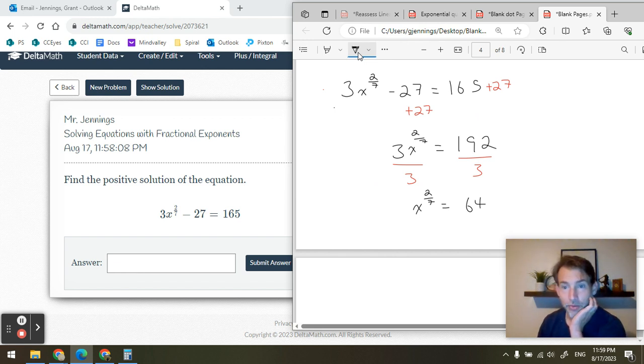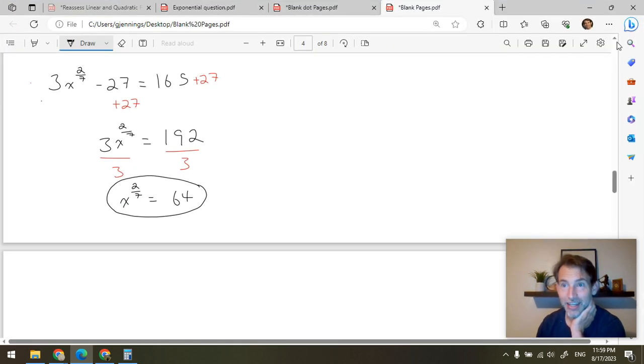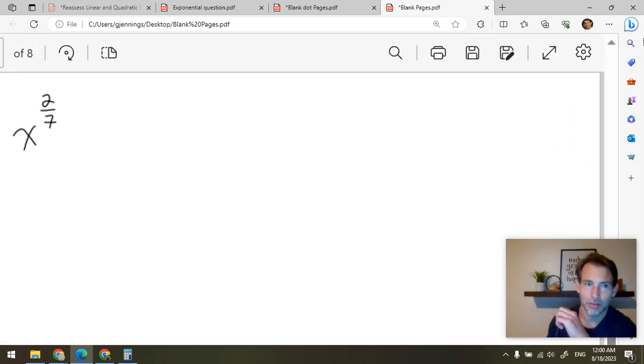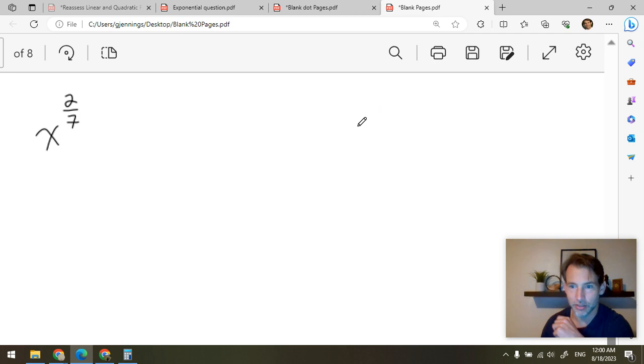Okay, so now, once we've got it here, there are fancy ways to solve it and calculator ways to solve it. Let me show you the calculator way, because the calculator way is much more universal. The fancy way only works when the problems are nicely designed, like this one. Okay, so let's take a look at the calculator way. If I want to know what x is, what I can do is a very special inverse operation. I'm going to zoom in on it because you're going to want to notice this. If x to the 2 over 7 is known to be 64 or some value, then what I can do,